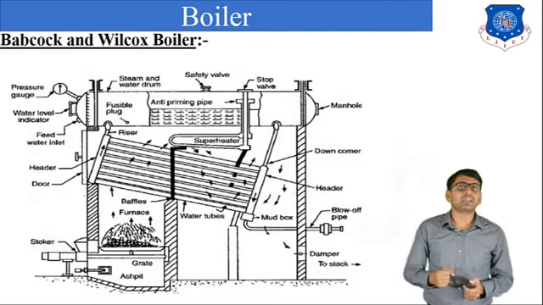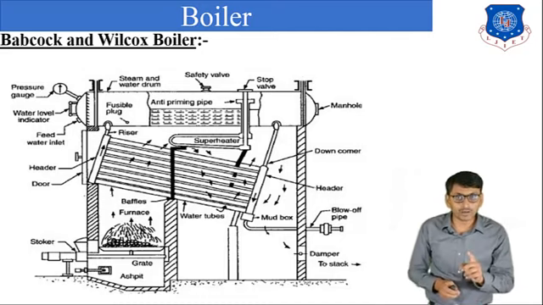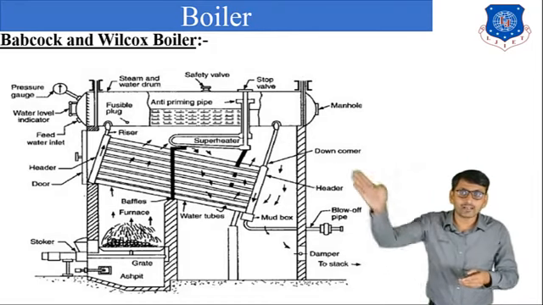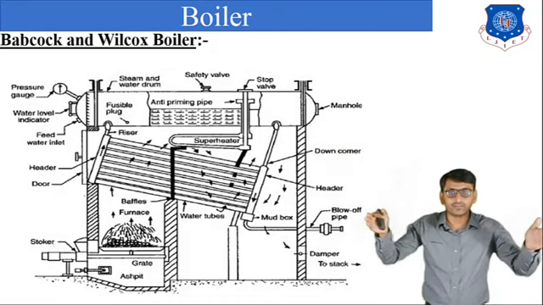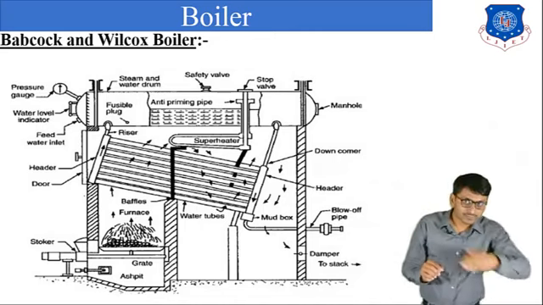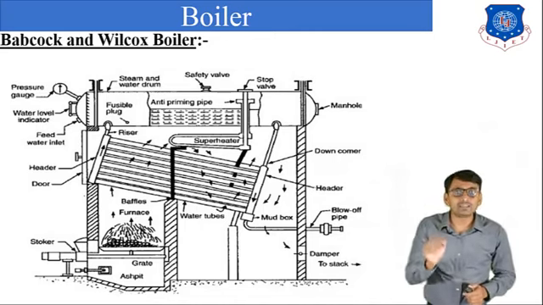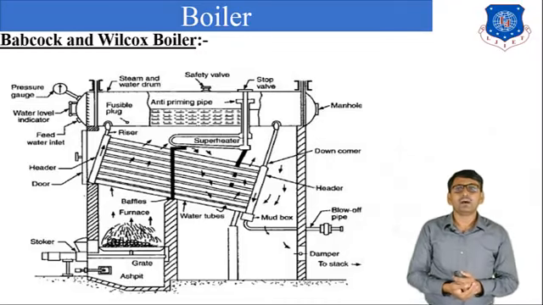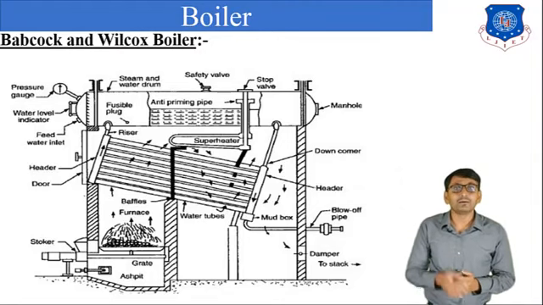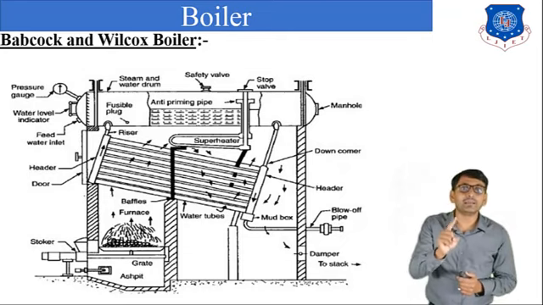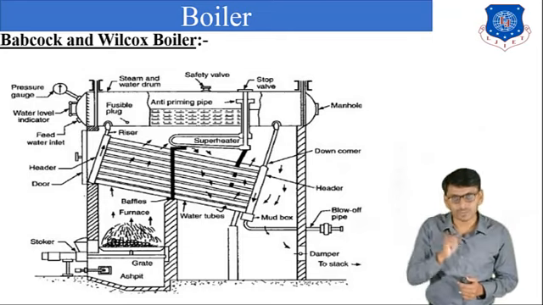Now this is the Babcock and Wilcox boiler. In this boiler, the boiler drum is at the upper side of the boiler, and it is horizontal, and there are a number of tubes present, but the tubes are inclined. So this is a horizontal drum inclined tube boiler. Okay. Now this is a water tube boiler, meaning water passes in the tube and high temperature gas is present outside the tube